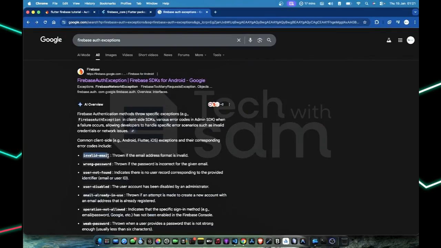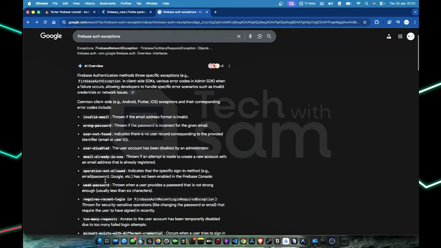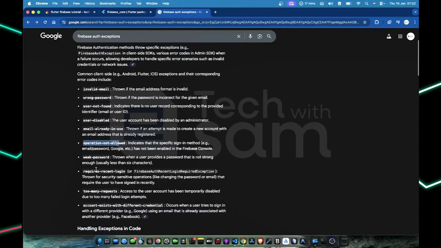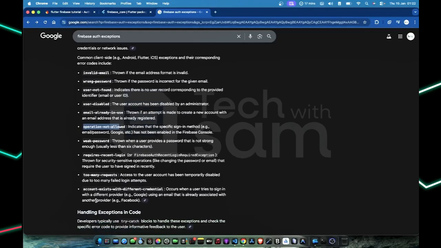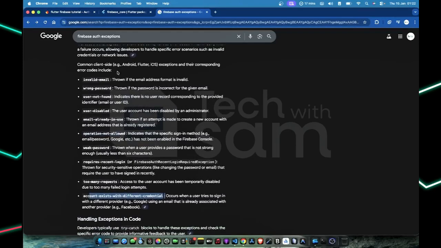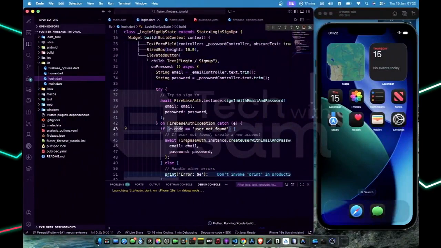You can see the invalid email. It throws if the email format is invalid. Wrong password, user not found, user disabled, email already exists, and so on and so forth. You can see different exceptions: operation not allowed, weak password, requires recent login, too many requests, account exists with different credentials. So these are all the exceptions that Firebase authentication currently has. With this, if you want to change the message for the user, you can as well just update it. So that's that